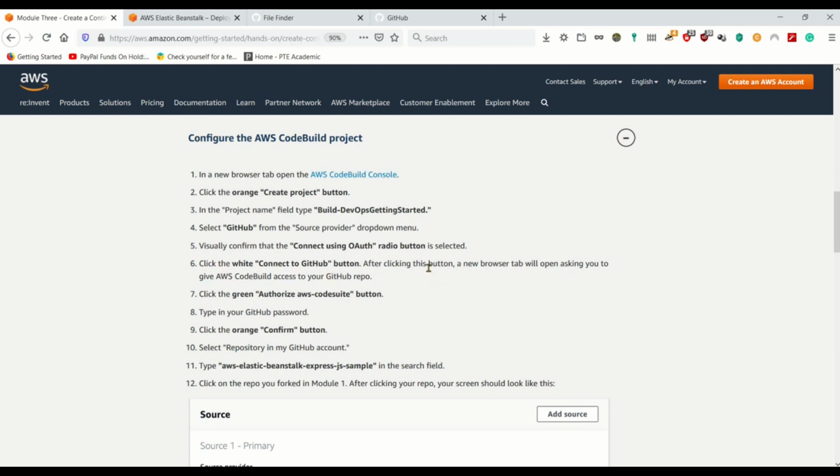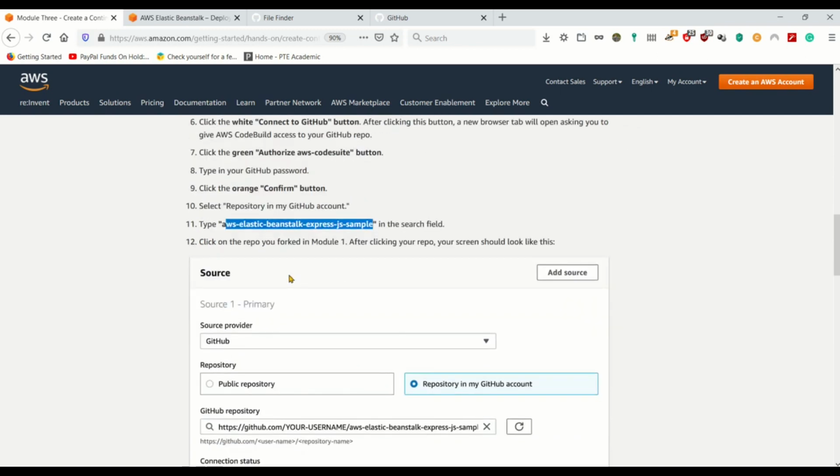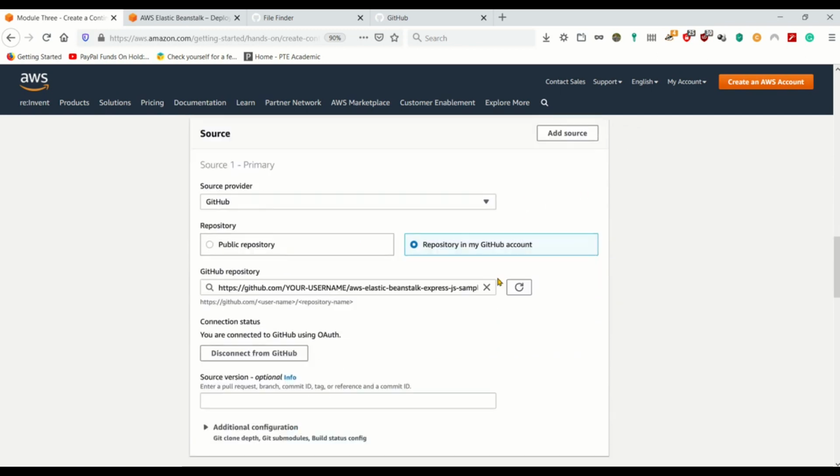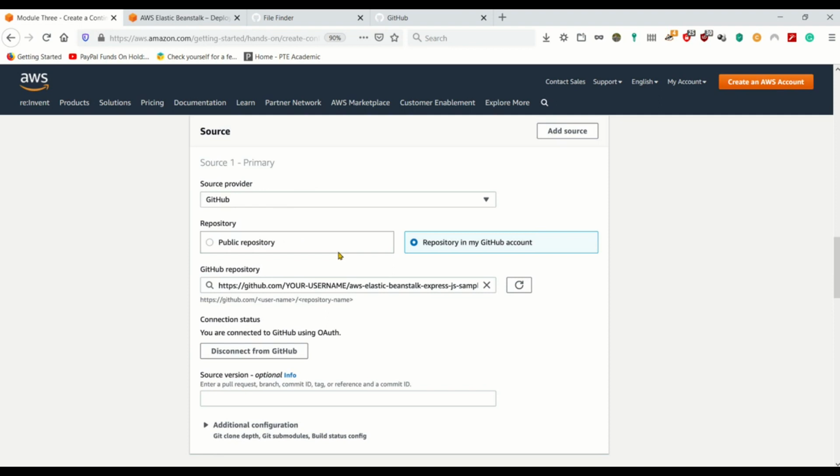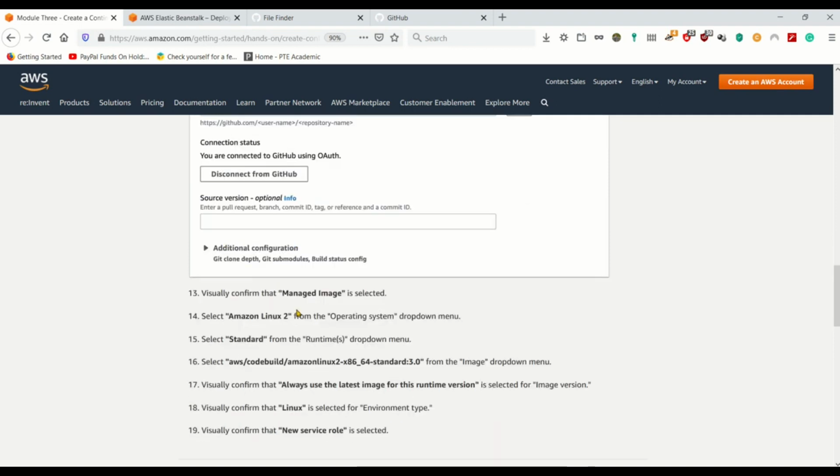After you click, it's going to ask for authorization. You're going to give authorization, and if you haven't done it, you will do it later on. Then it's going to show all the repos that you have, and you select the one I have worked on before. Okay, add source, GitHub, everything, and then it says confirm that